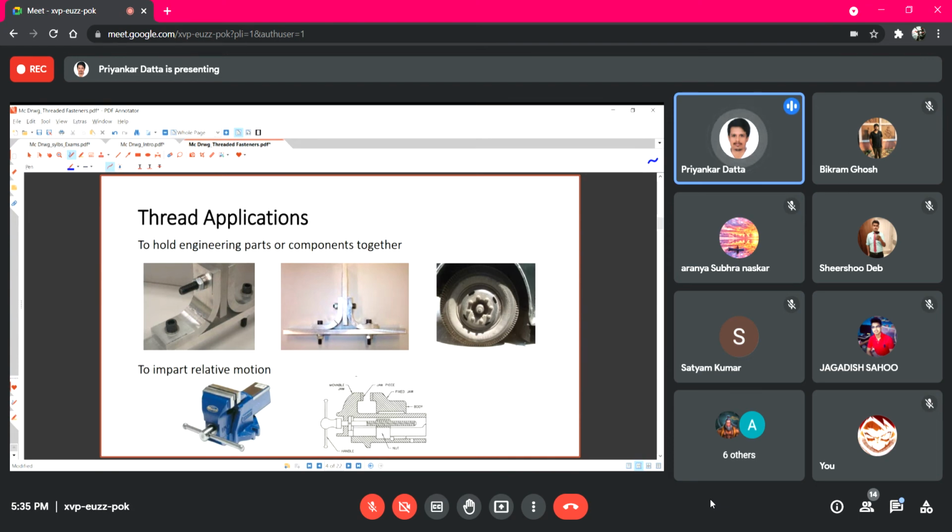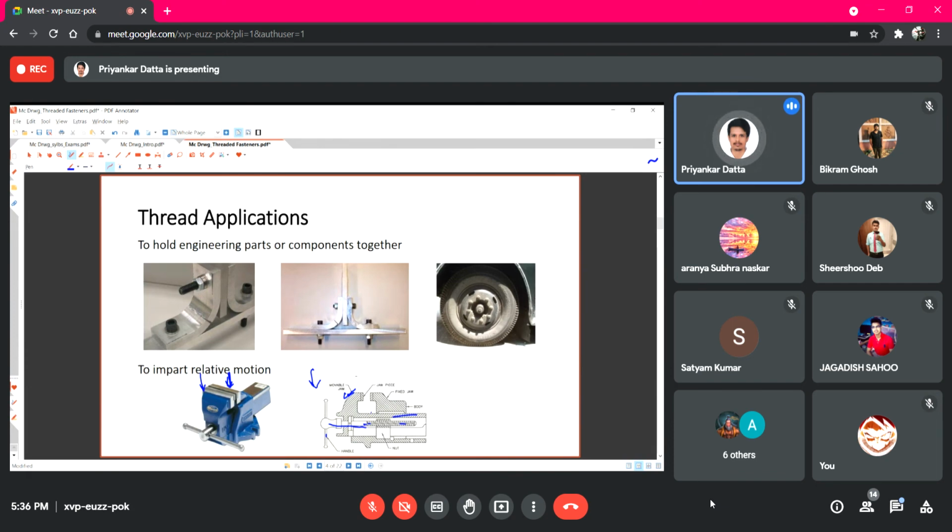In this bench vice, the behind jaw is fixed and the front jaw is movable. The sectional view in assembled condition is shown here. This screw or threaded part is fixed with this movable jaw, and as it rotates, it takes the movable jaw on this slide or guide towards the jaw on the fixed side, which is behind.